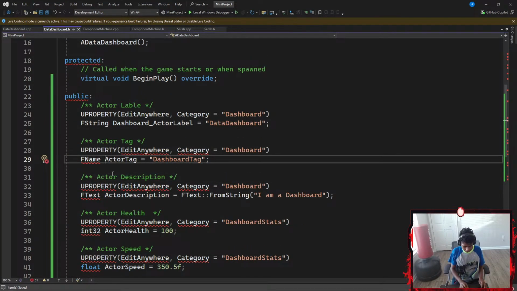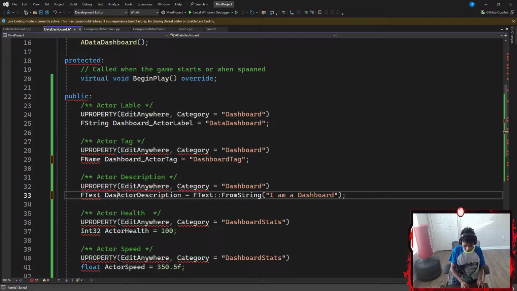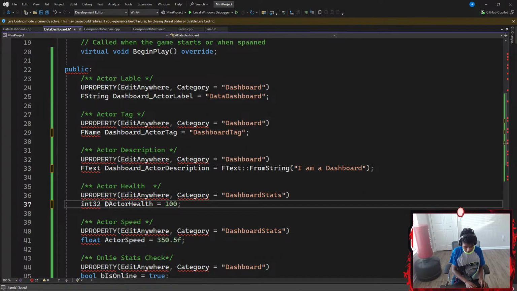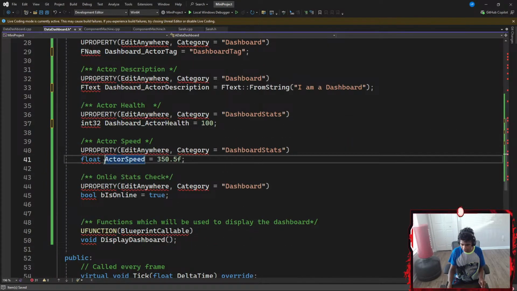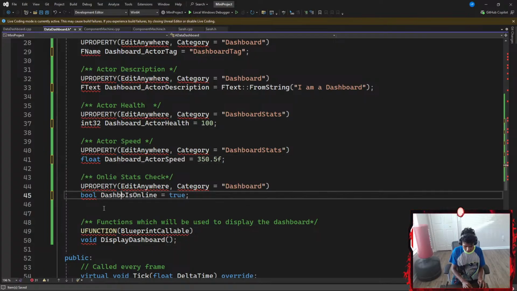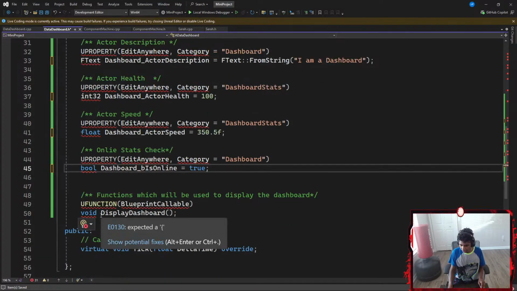Okay, actor tag might exist as well, so I'm gonna go with something like dashboard underscore actor tag, dashboard underscore actor description, dashboard underscore actor health, dashboard underscore actor speed, and dashboard underscore boolean is online.